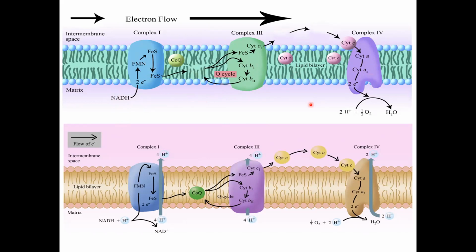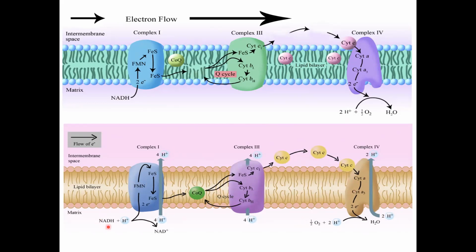So in the intermembrane of the mitochondria, you have three large complexes: complex 1, complex 2, and complex 4. Both of these diagrams are essentially showing the same thing; I'm just using this bottom one for reference. This diagram shows complex 1, 3, and 4, but I am going to talk about complex 2 in a little bit. Essentially, your electrons are going to be shuttled through small molecules between these large